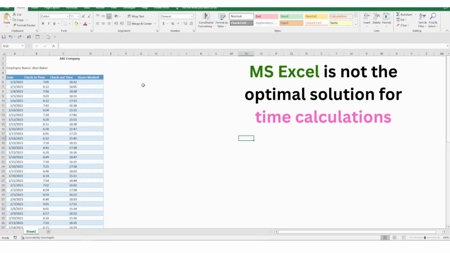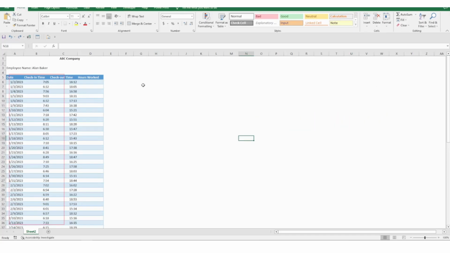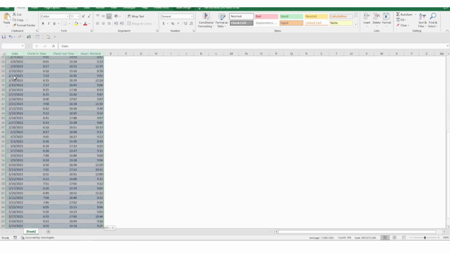So, as HR employees, we have data about the time an employee checks in and checks out from the company. And if we want to calculate the hours worked each day, we make the following subtractions. And here are the calculations produced. Everything good so far. However, if we want to calculate the sum of hours worked or the average time worked each month, we may want to generate a pivot table.